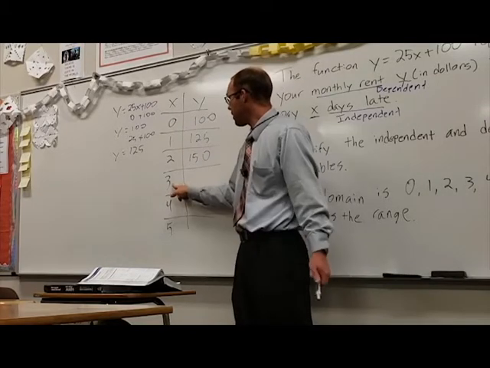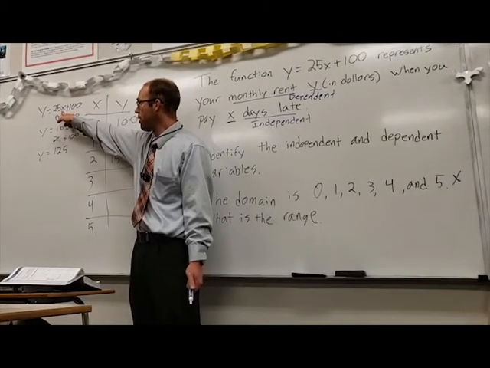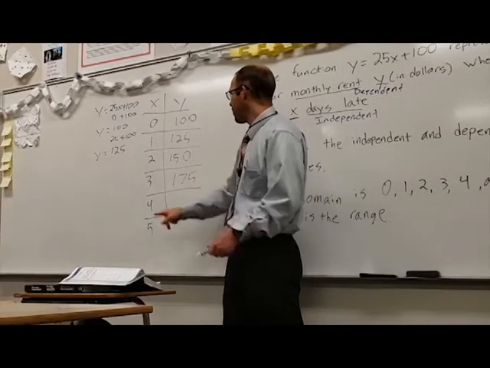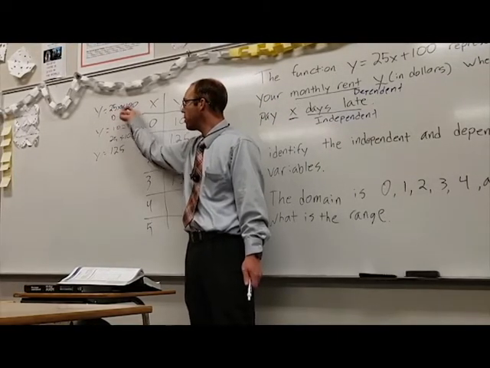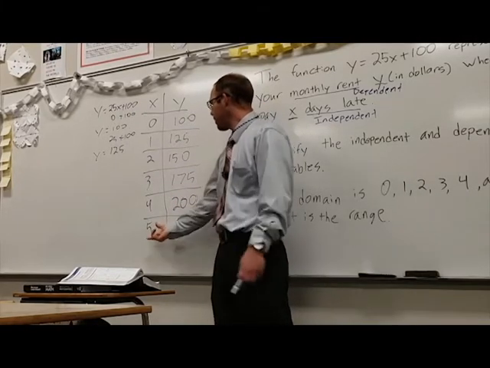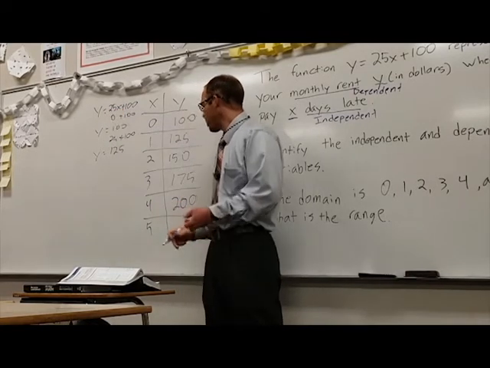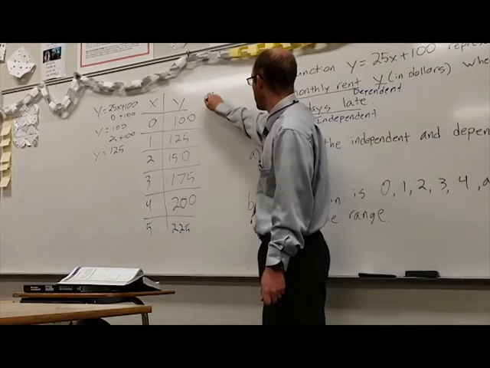If we plug our 3 in, that gives us 25 times 3, which is 75, plus 100. That would give us 175. If we plug our 4 in, that would give us 25 times 4, which is 100, plus another 100, which would be 200. And if we plug a 5 in, that would give us 25 times 5, which is 125, plus the 100 gives us 225. So our range, we now know,